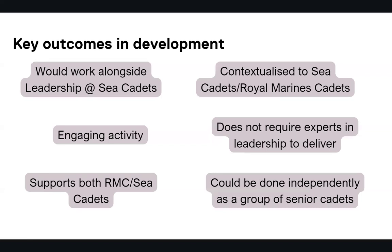And then the outcomes that we agreed that needed to be in place for when those sessions were created were, firstly, that it would work alongside the new leadership at Sea Cadets. All of the cadet response was, if we're doing these leadership modules and our adults are doing leadership modules, the two should align, and we should be able to get our qualifications if we do the leadership modules as cadets, the same as our new volunteers get when they go and do their leadership at Sea Cadets as new volunteers,